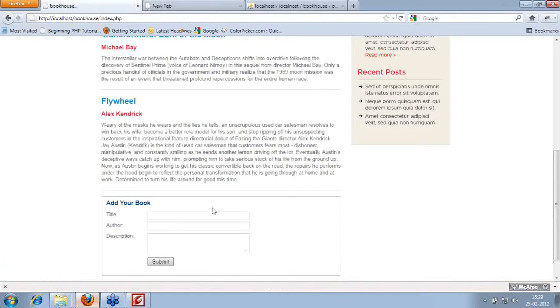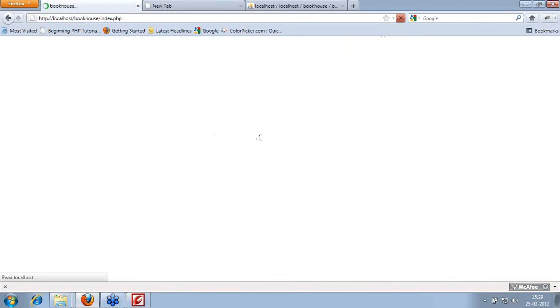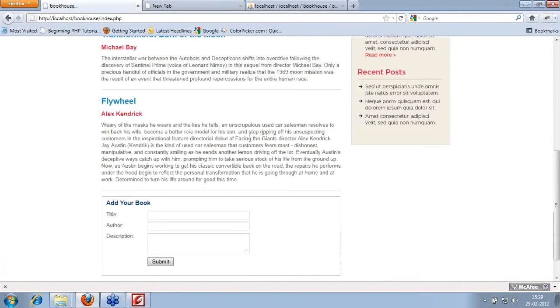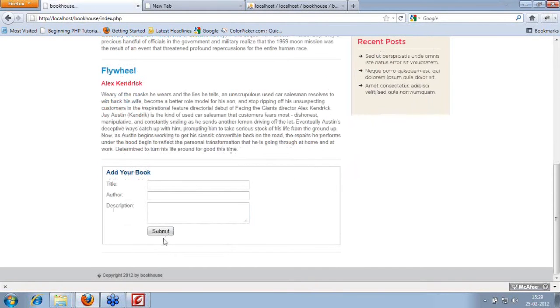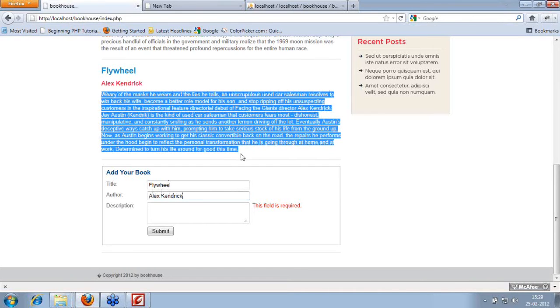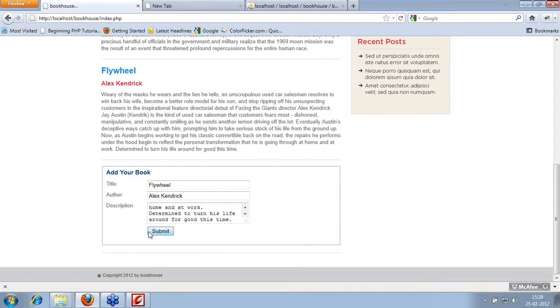Okay, so here this is my PHP page, this is my environment, the WAMP environment, and this is a form which will allow me to send a book's detail or an end user's book detail. If I say submit, because I have already validated this form, it is not allowing me to post blank values. So let's take this book only. I'll say flywheel, and my title is this, the author of the book is this, and the description of my book. Okay, now it is validated, the form is validated using jQuery.